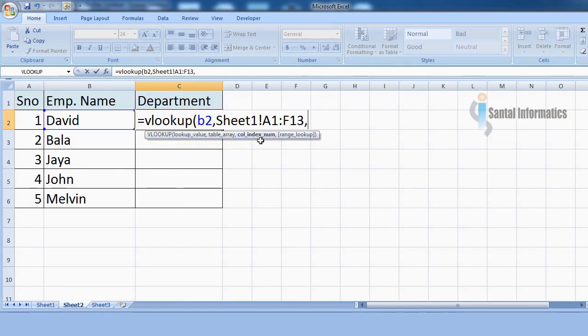Now you have to mention the column index number. Here we are going to put 2, which indicates that we are going to retrieve the value from the second column.